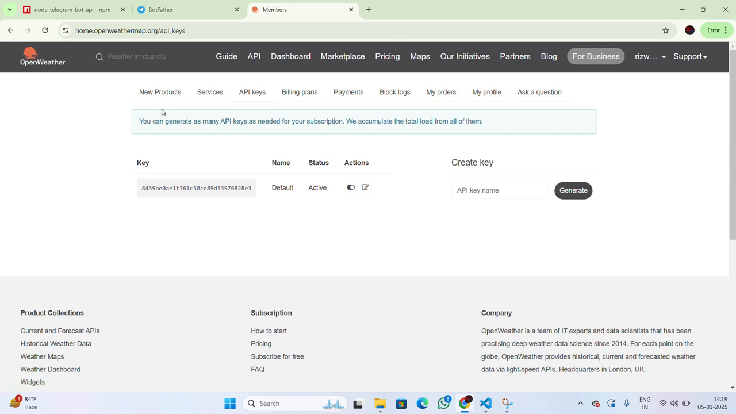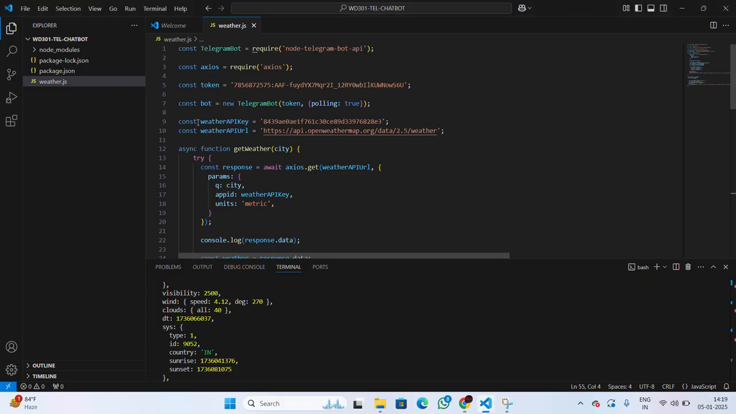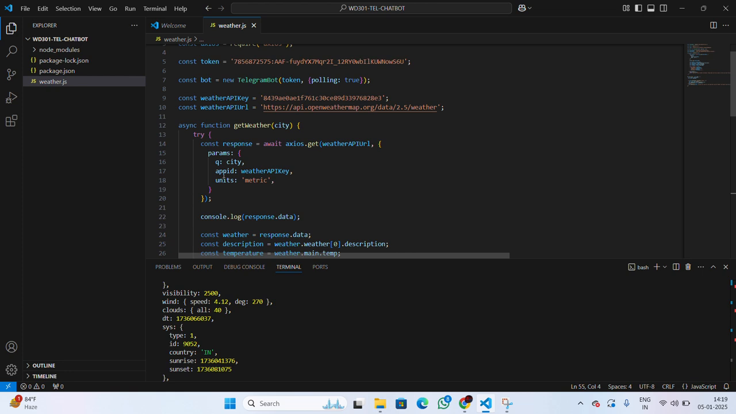In this website, I created an account with my email. And if I go to my API keys, it gives me a key. This key gives me access to this website to get weather data. To store this key, I created a const variable weather API key and the URL of the website, weather API URL. And here I used async and await functions